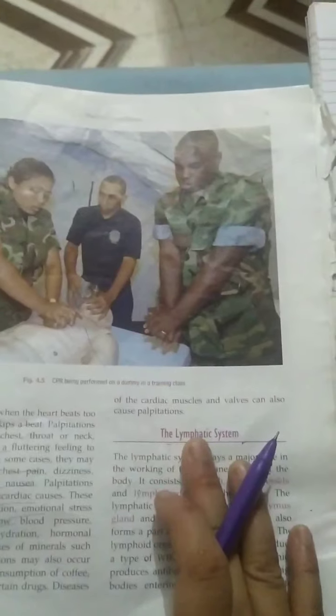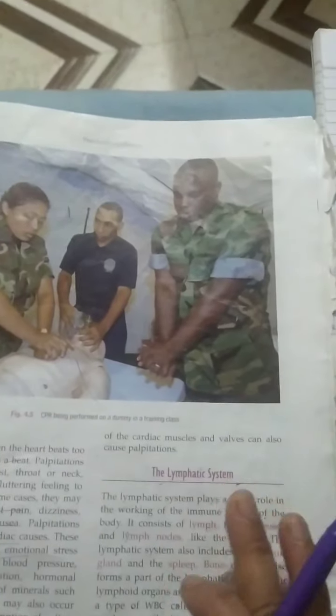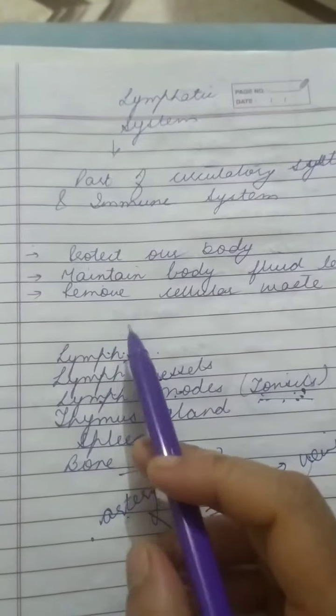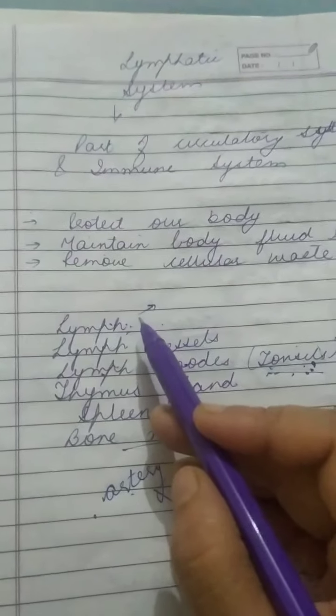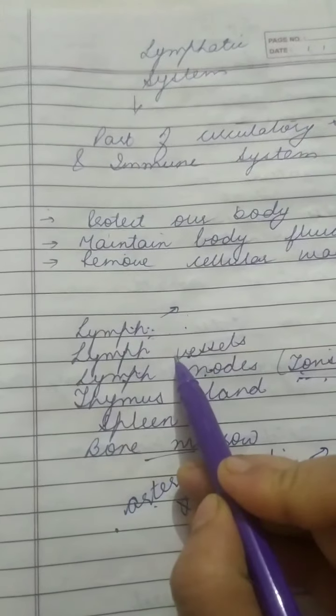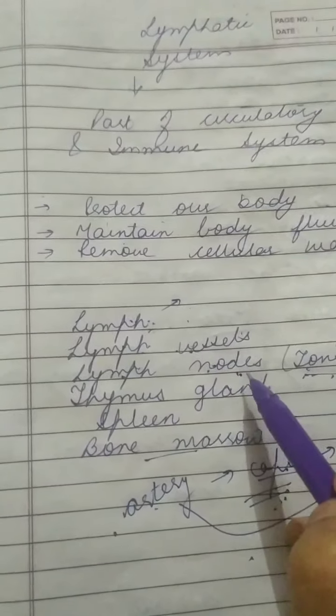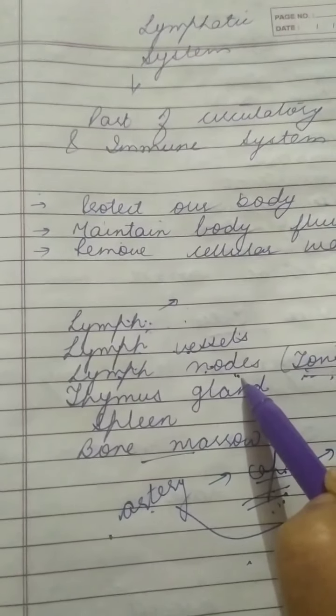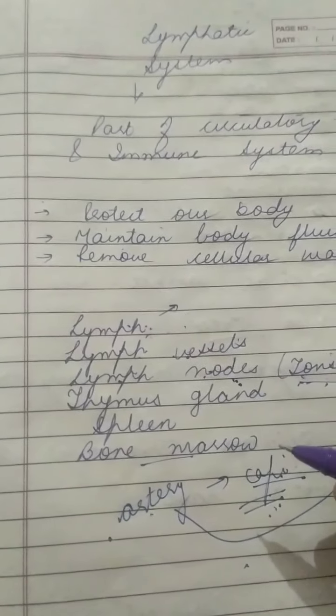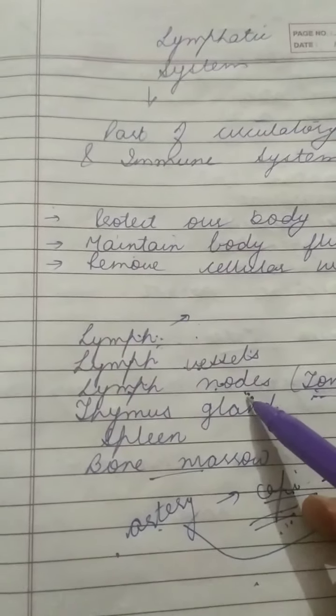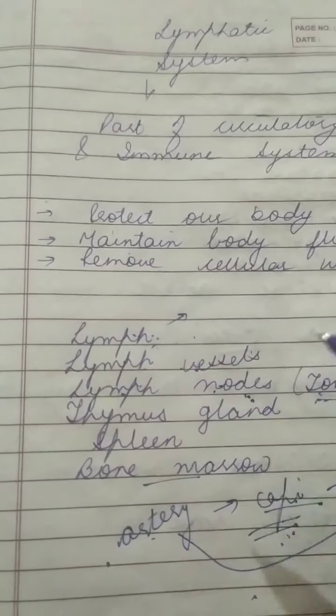So I hope you understand the lymphatic system. The lymphatic system is a parallel system to the circulatory system, which plays an important role in immunity. Lymph takes the debris and waste material from the neighboring cells and sends it to the lymph vessels. Lymph vessels send it to the lymph nodes. From the lymph nodes, it is filtered and sent to the body for purification, or sometimes useful fats and other things are digested in the liver or other organs.